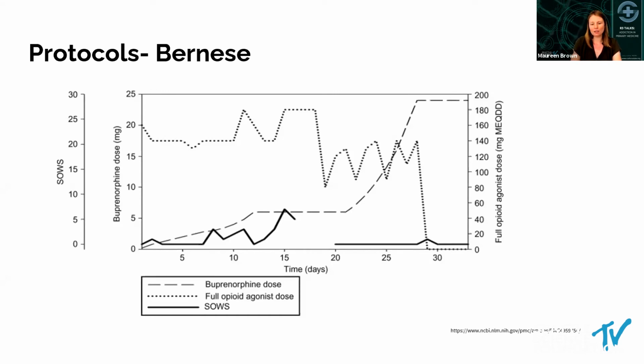Then the dashed line is going to be the buprenorphine dose. And the solid line at the bottom there is the SOWS score, which is equivalent to our COWS score. It's a way of denoting withdrawal symptoms. So the model here is continuing a patient on their full agonist dose without significant change for many days. You can see that the bottom axis goes up to 30 days. So for weeks at a time, while very gradually introducing tiny doses of buprenorphine, we can get buprenorphine slowly built up in a patient's system without having that rapid displacement that causes the precipitated withdrawal.